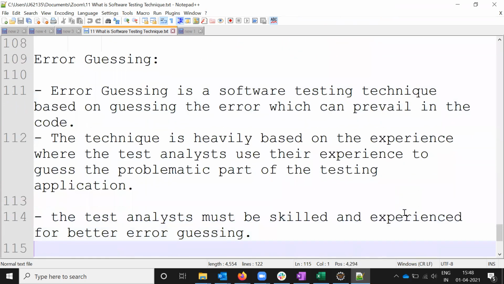Error guessing is a simple one. It is a software testing technique based on guessing the errors which can be prevalent in the code we write. This testing is heavily based on experience, where the tester uses their experience to guess the probable errors in a part of the application. A test analyst must be skilled and experienced for better error guessing. Like when you are given a story, we guess where we can get some errors, and to reduce them we can use error guessing. That's all about this